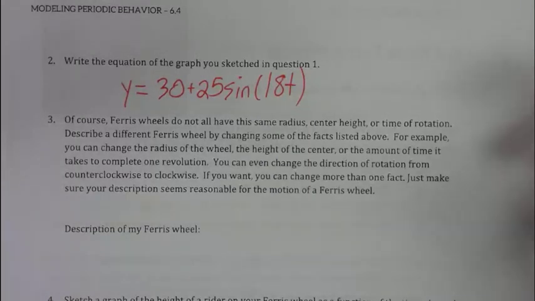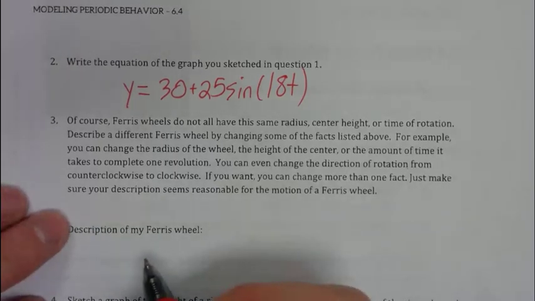For example, you can change the radius of the wheel, the height of the center, or the amount of time it takes to complete one revolution. You can even change the direction of rotation from counterclockwise to clockwise. If you want, you can change more than one fact, making sure your description seems reasonable for the motion of a Ferris wheel. So how we're going to change it is that we're going to